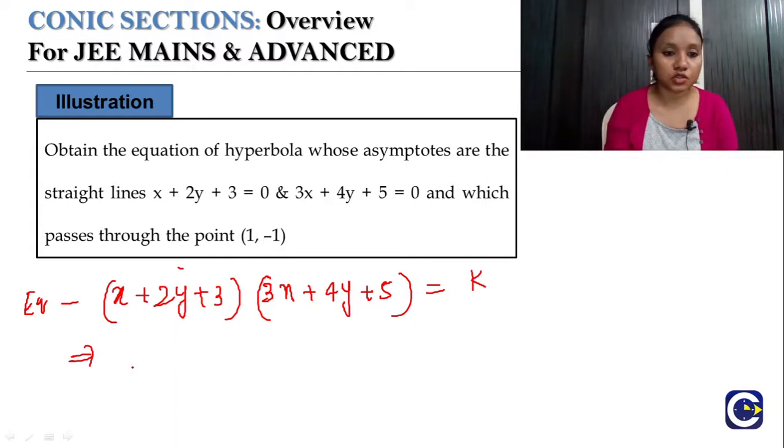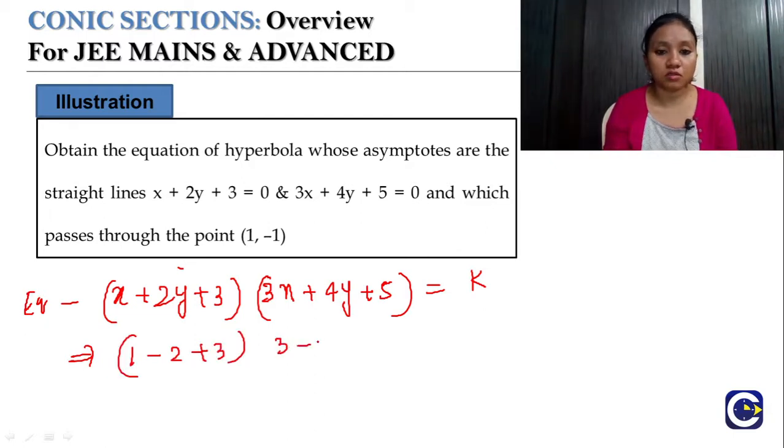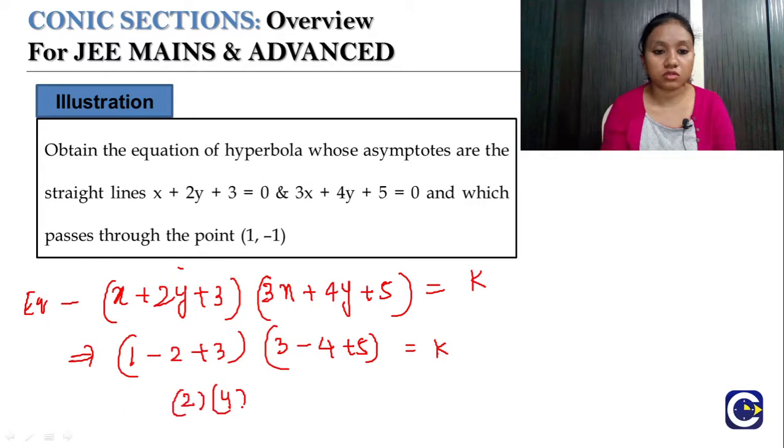So 1 minus 2 plus 3, 3 minus 4 plus 5 is equal to k. 4 minus 2, 2. 8 minus 4, 4 is actually 8. Right, that means